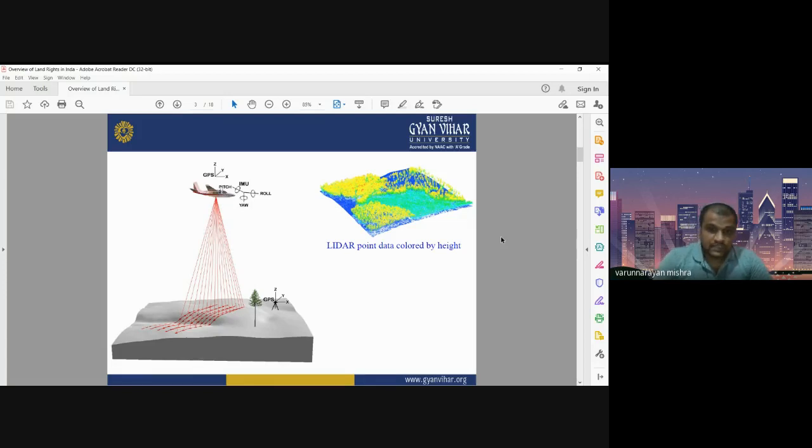Okay, and this is the data set, the point data that we can collect while we use LiDAR. So here you see LiDAR point data. LiDAR point data means each and every point here is showing a value, and this value is represented by different colors. Intensity, how much energy is received by the LiDAR receiver, may be represented by colors for different intensity ranges, different intensity values. So this is the whole mechanism. This figure is showing the whole mechanism, how it works.